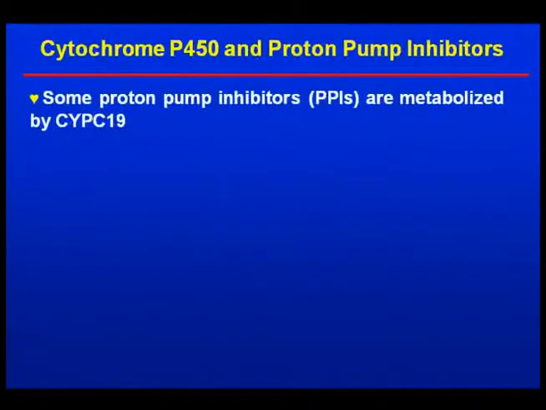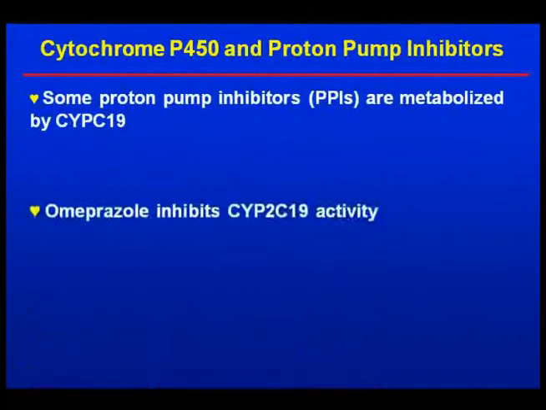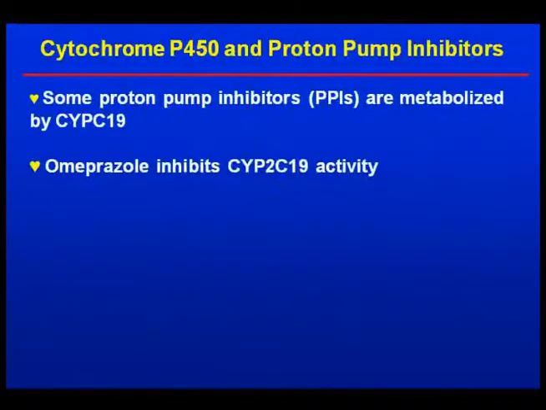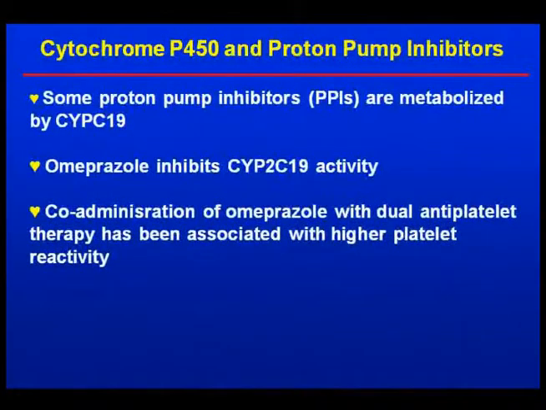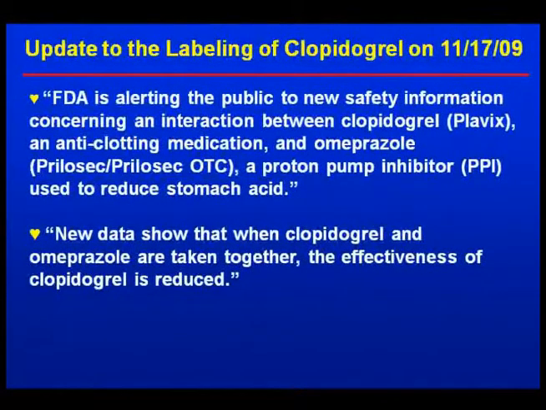And that's a problem because some proton pump inhibitors are metabolized by the cytochrome enzyme CYP2C19. Omeprazole specifically inhibits CYP2C19 activity, and I'll show you why that's a problem. Co-administration of omeprazole with dual antiplatelet therapy has been associated with higher platelet reactivity because of the fact that it inhibits this enzyme. So in November, during the American Heart Association meeting, the FDA issued an alert and updated the